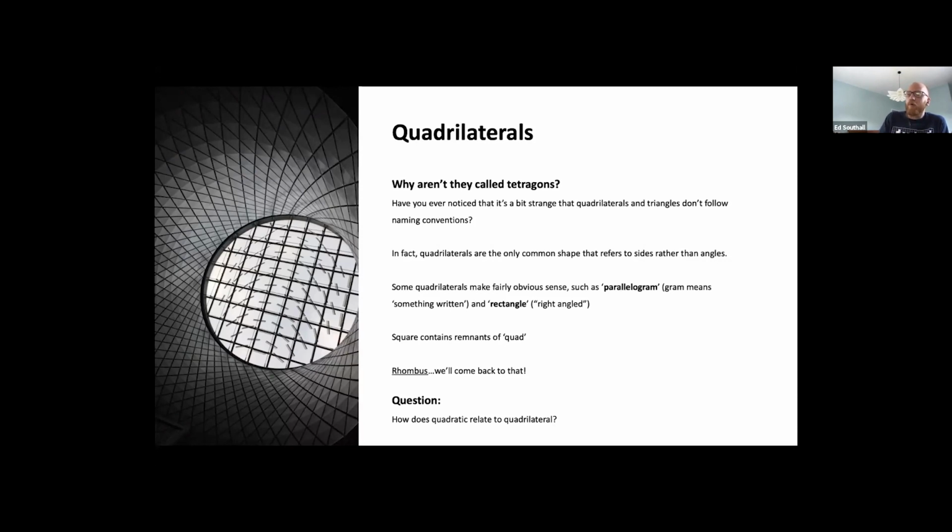And as I mentioned before, we think that the conventions kicked in afterwards because no one was that bothered about shapes after this. They were too consumed with the threes and the four-sided shapes because there's so many different types with amazingly cool properties. And within this family of quadrilaterals, we have lots of different types of shapes with some pretty funny names again. Some of them make a bit more sense, like parallelogram. There's that gram again, meaning something written or recorded.